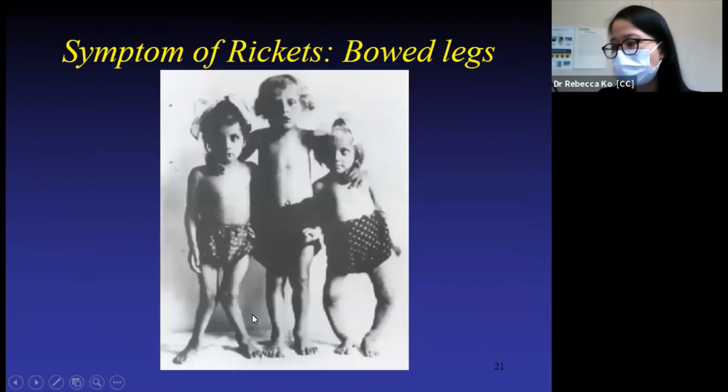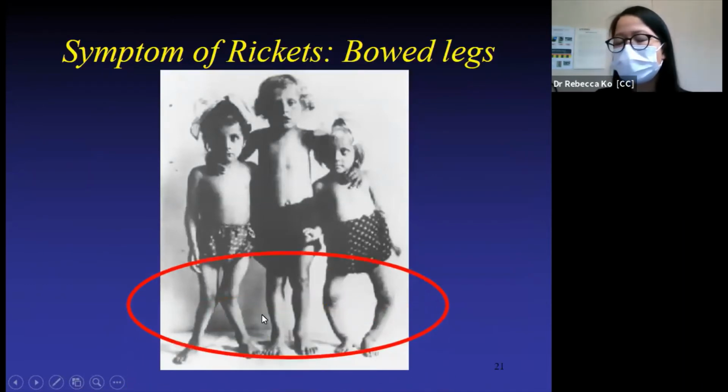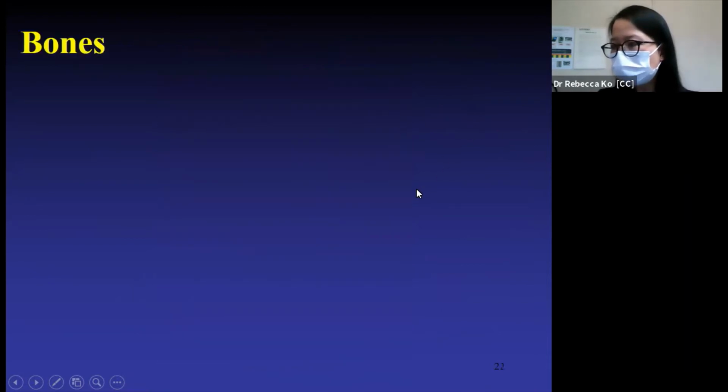The result is, you see, these children will have bent legs. That's the problem. That is called rickets. Or you may say, the bowed legs. Why do we have such results of bowed, bent legs? Because